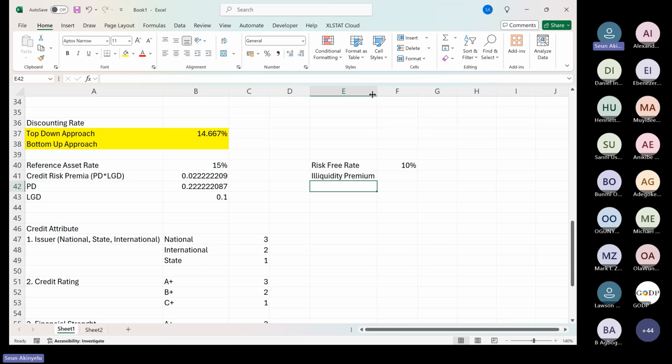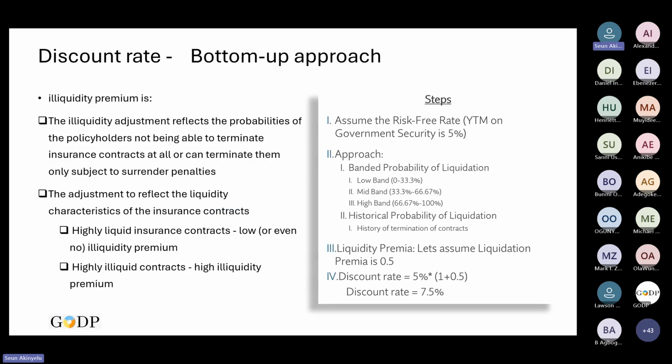So that is why it's called bottom-up. Meaning the instruments you are using, like government instruments, will not be sold during the period, because a government instrument is for a longer period. Now you are going to factor in a premium, as a result of the fact that you are not factoring in the fair value of those instruments. We need to bring in that illiquidity premium and add it onto this. The question is, how do we do that?